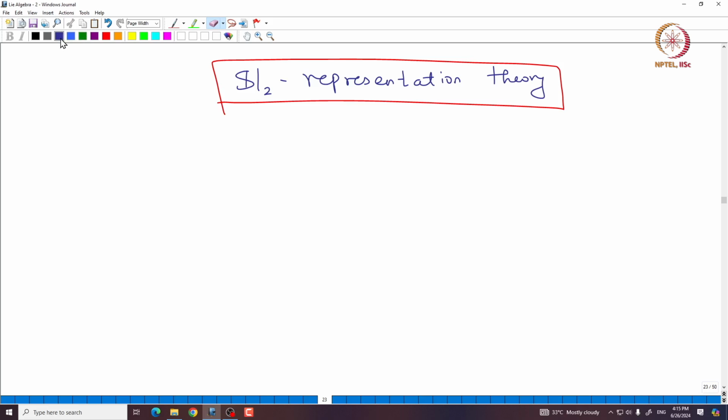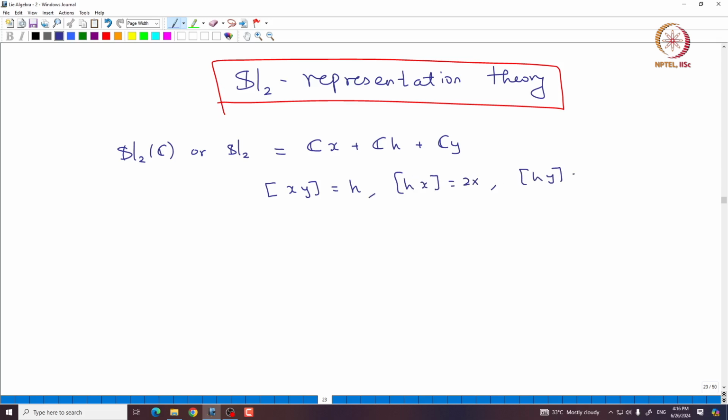example. Okay, so we have this SL2. Recall that we will simply denote it by SL2 itself, because our ground field is always assumed to be the complex numbers. So, this is spanned by these three elements Cx, Ch and Cy. Note that the commutator relations give [x,y] is h, [h,x] is 2x and [h,y] is minus 2y. Okay. So, now